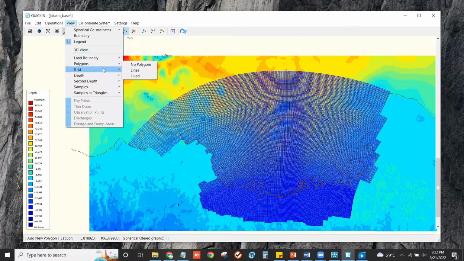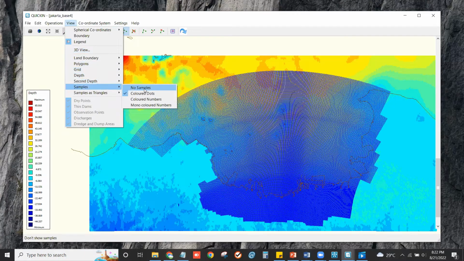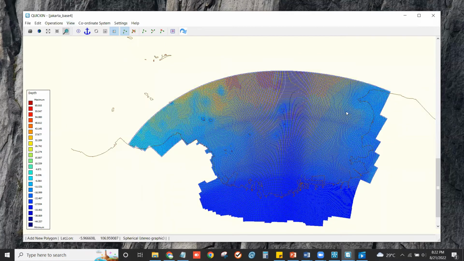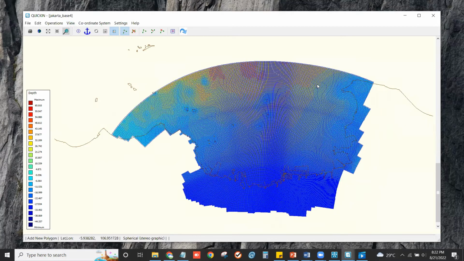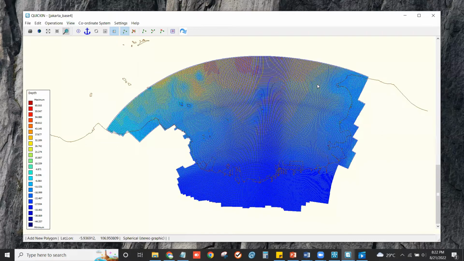First step, I will click no samples before. You can compare the result. If you use the grid cell averaging method, you have an unfilled grid, but with the triangular interpolation method, all the grid is filled.